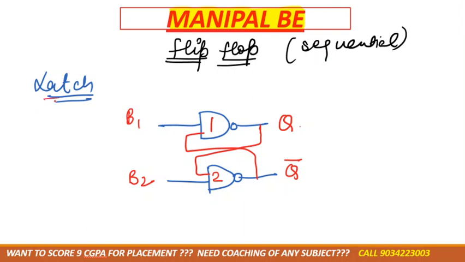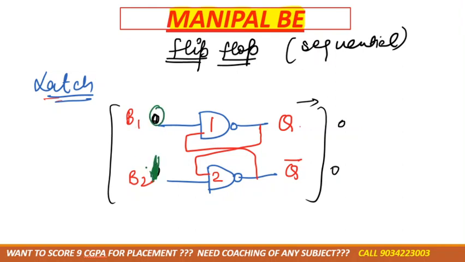Now, there is a difference between flip flop and latch. This one is a latch. Like, suppose both the inputs are 0. Okay, both the inputs are 0. Then if you don't give any input, the output will be 0 as it is. Correct? Now suppose this one is 0 and this one is 1, तो ये 0 है तो NAND गेट